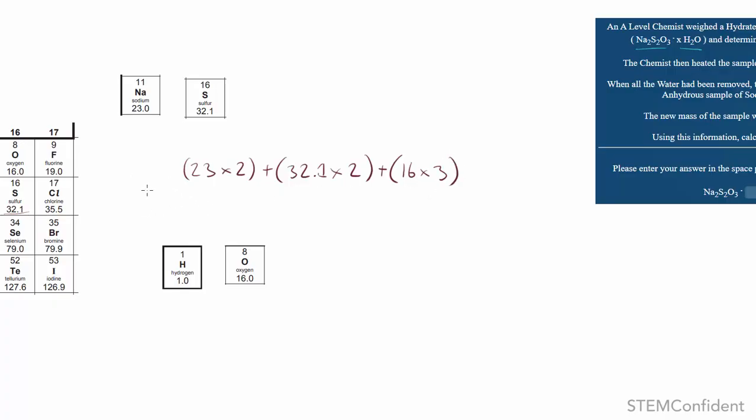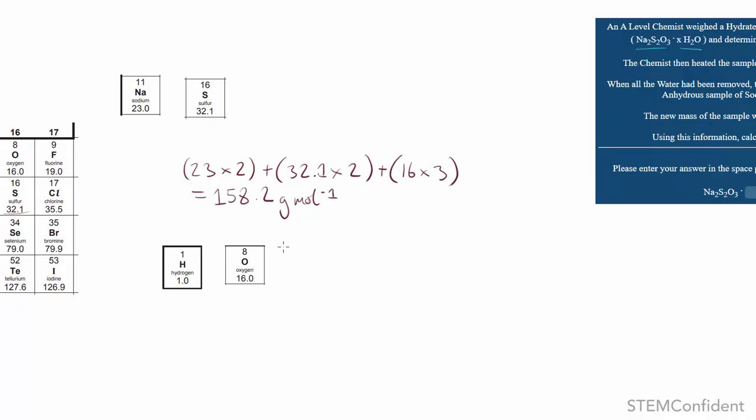And so if you work that out, what you should find is that you get 158.2, right? And that's going to be in units of grams per mole,